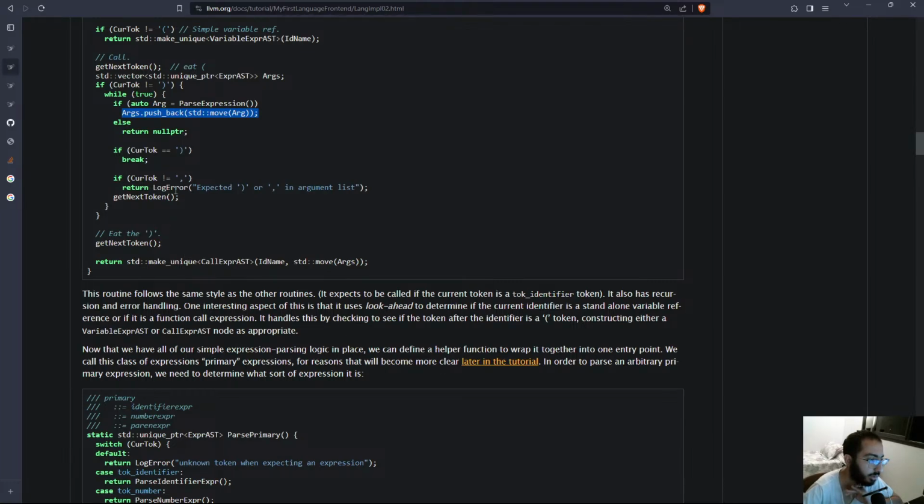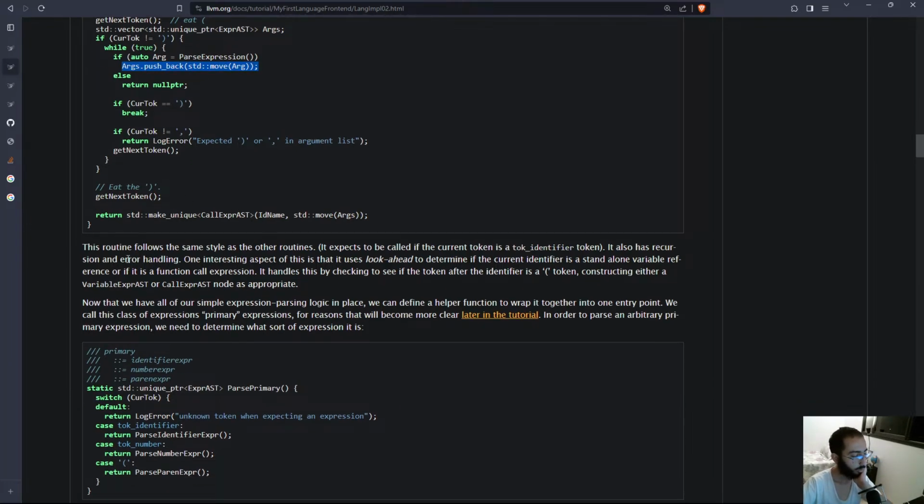Makes sense. Expected, okay. This is some interesting stuff. The throw routine follows the same style as the other routines. Alright, so it could either be an identifier, which is basically a variable, or a function call. Interesting. It handles this by checking to see the